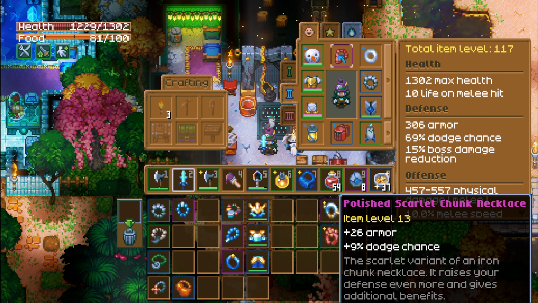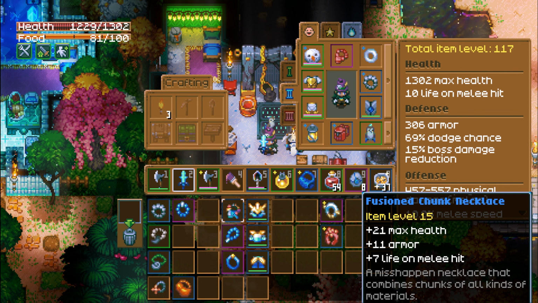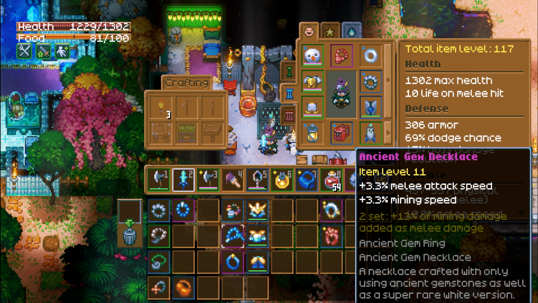The polished Scarlet Chunk necklace also gives me some armor and some dodge chance, and this thing is craftable, which makes it easy to get your hands on it. However, if you don't want to go with the polished Scarlet Chunk necklace, there are other necklaces that work well. The Fusion Chuck necklace is also really good for defense, and it has that life on melee hit, which is really nice. And then you can always go with the Ancient Gem necklace if you've got one, because at